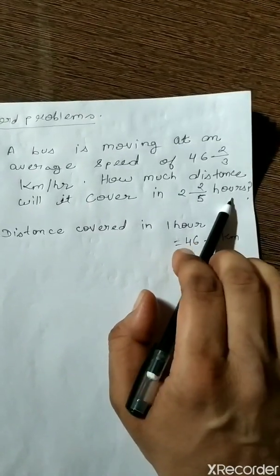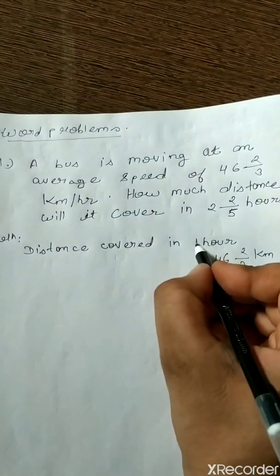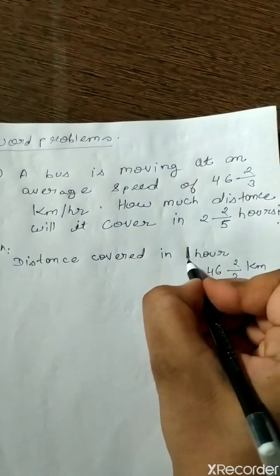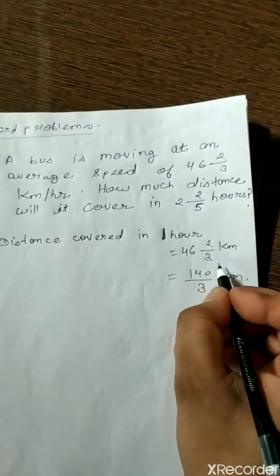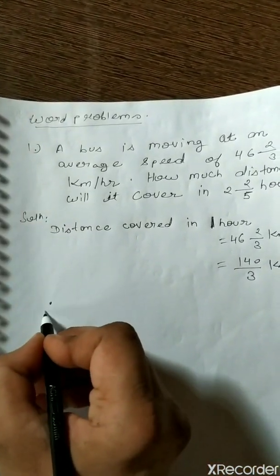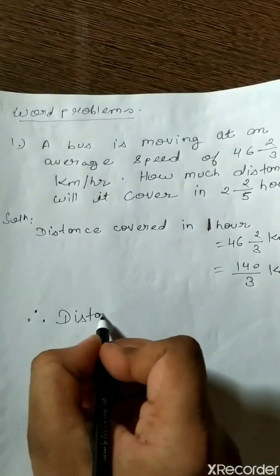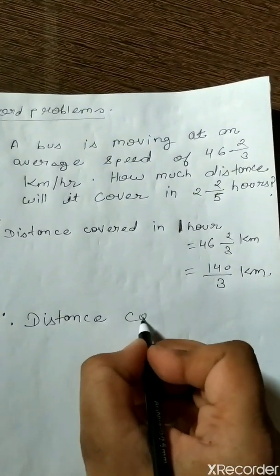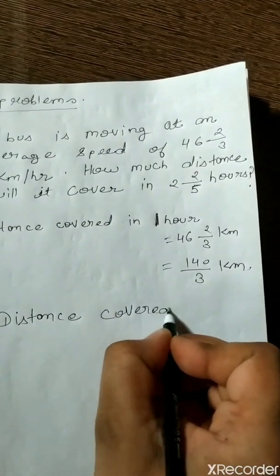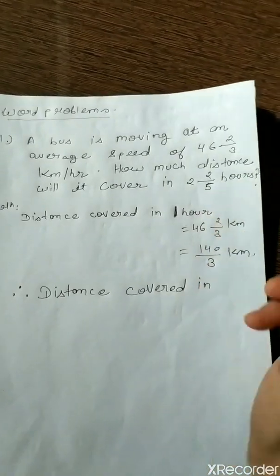So this we can solve by the unitary method. Distance covered in 1 hour, you will write, distance covered in 1 hour equals 46 whole 2 by 3, which means 140 by 3 km. Therefore you will write distance covered in this 2 whole 2 by 5 hours